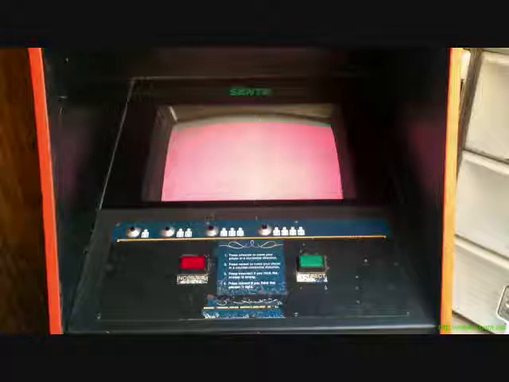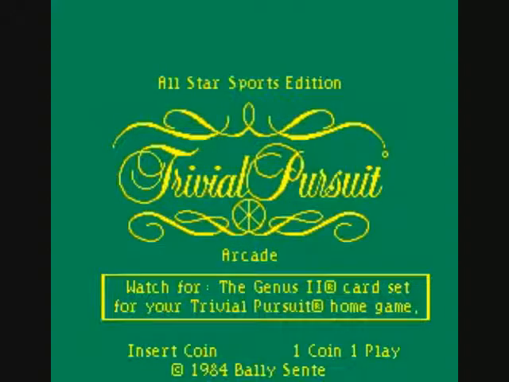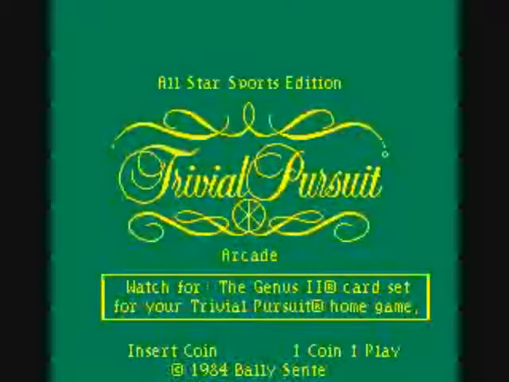There are 2 buttons. One will move your character clockwise. The other will move them counterclockwise when the die is rolled. And it will also allow you to answer the questions. There will be a default answer popping up on the screen. You can press one button to answer with that one, and then with the other button you cycle through the